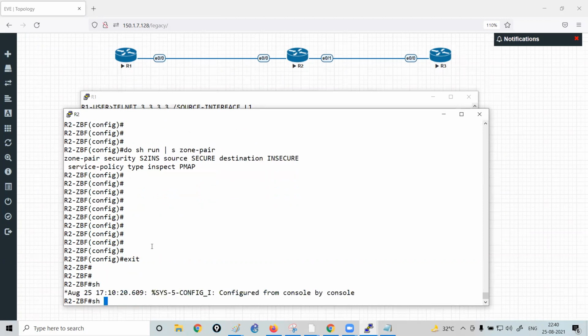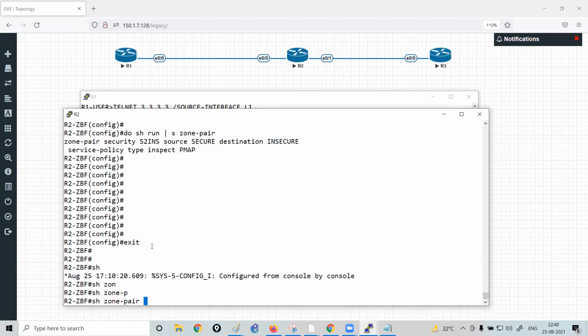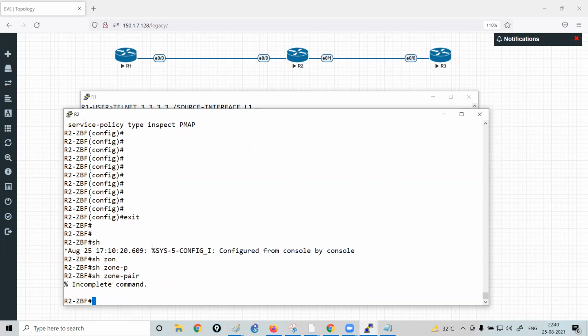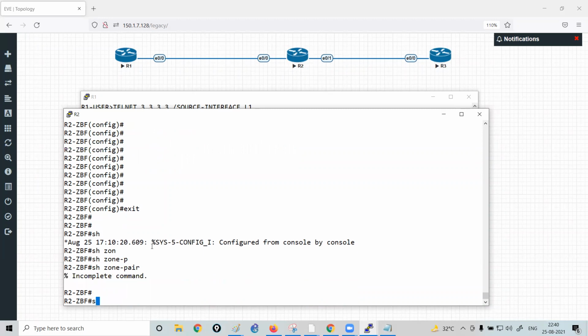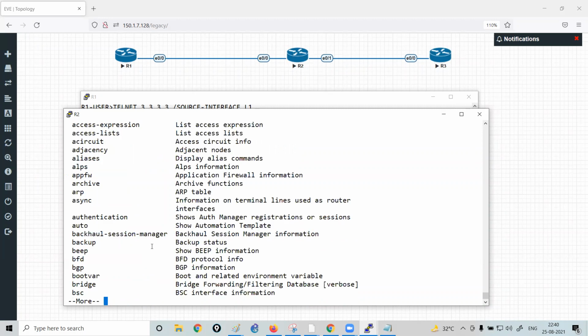Now, if I run a command on my router, show zone pair, then sessions. Just hold on, I'm forgetting that command. It is a pretty long command. Let me put the question mark once.